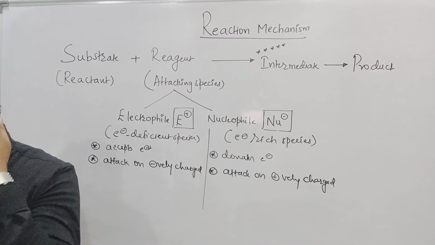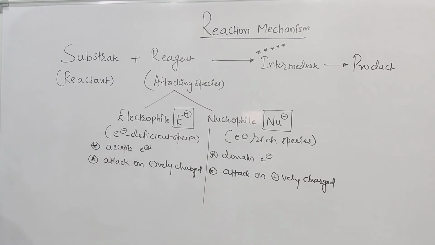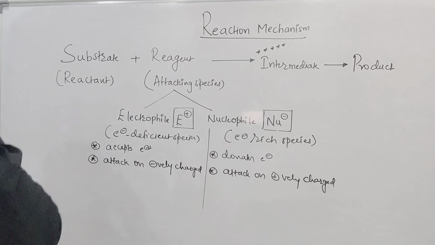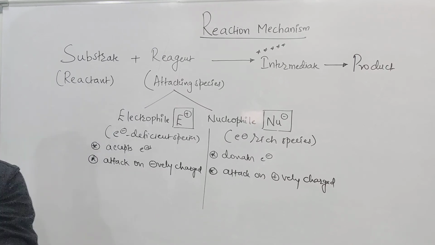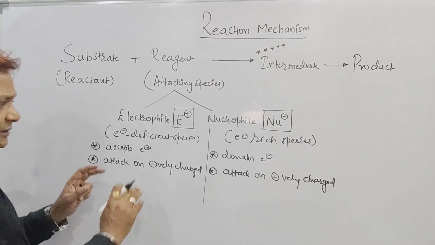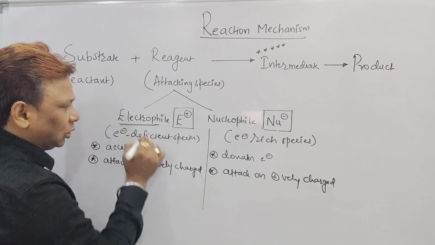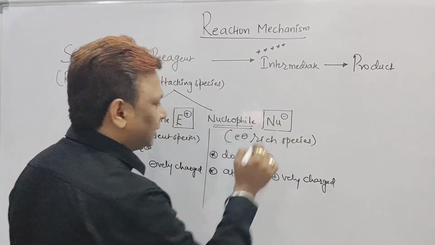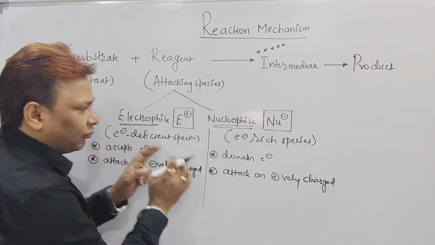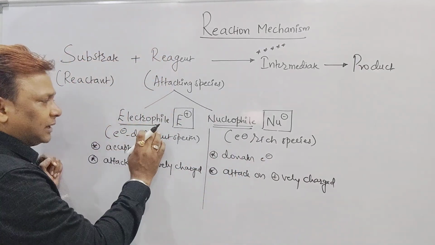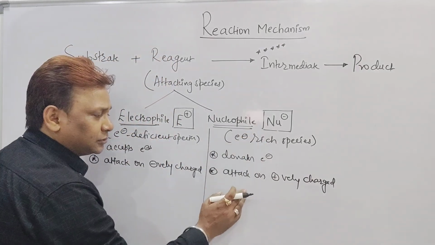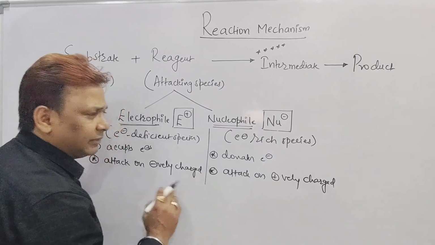Now one more point, beta, this is the part they ask in the mains exam. What is that? What this electrophilic nature, or we can say nucleophilic nature, will it increase down the group or decrease down the group? How to identify here? This is a simple part I have given for you, beta. Electrophile means E positive, nucleophile means Nu negative. Electron deficient is an electrophile, electron rich is a nucleophile. It can attack on the negative part, it can attack on the positive part. But this is a simple part everybody knows.